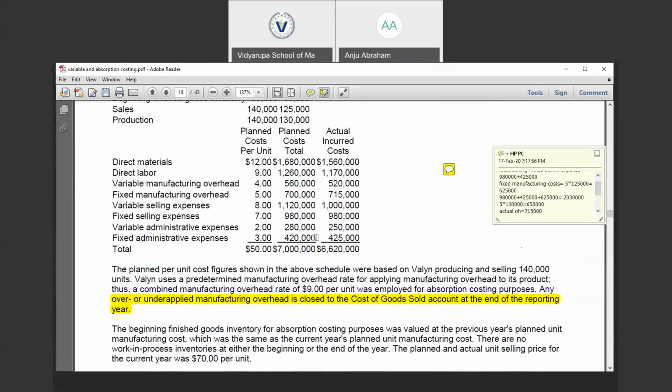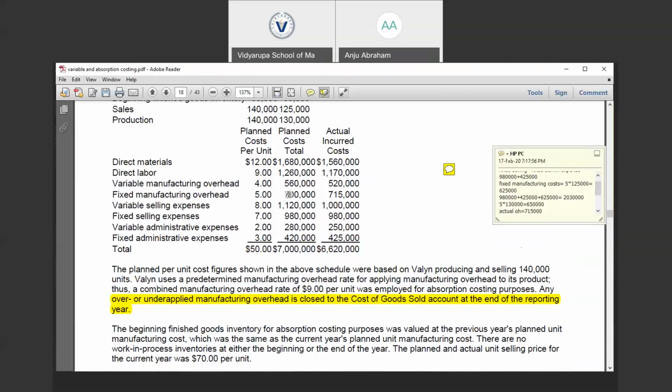So the underapplied or overapplied is calculated based on the actual level and the planned level. So the applied fixed manufacturing overhead becomes 5 into 130,000 of production, which is 650,000, and our actual fixed manufacturing overhead is 750,000. So there becomes an under application or over application, right? So here it is under application because our actual was 750,000, but we only applied 5 into 130,000, 650,000 to the production.